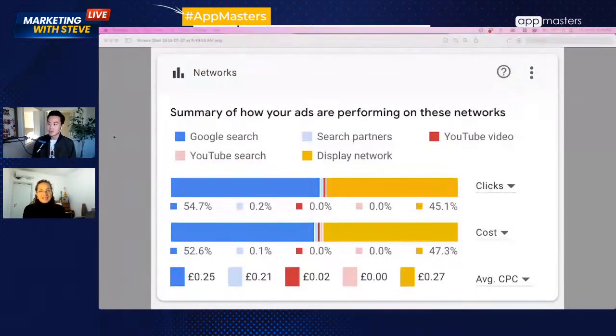So to answer the first question, this is again real data, but I blocked out everything. You can just see this. I can see Google search taking up most of the spend. We're getting really good cost per click. And then you can see YouTube videos, then search partners and display network. To your point, Sharon, maybe nobody's searching for this. This is where the display network comes in, and the way to target these Google ads to the right audience could be "the number one sperm bank app." Google will be smart enough to know where your ads should be shown. That's how you target within Google ads, because there's no real targeting. Your ad copy is your targeting on Google.